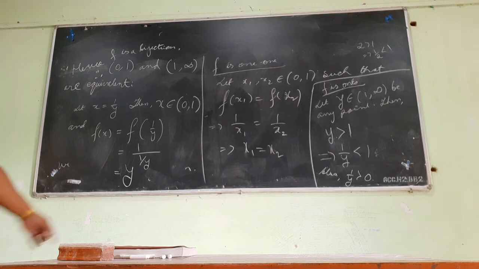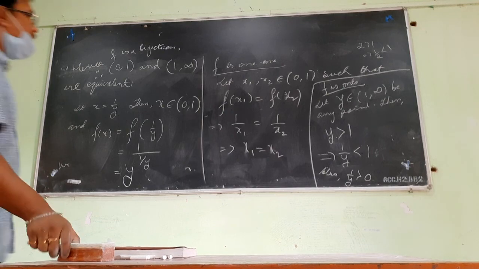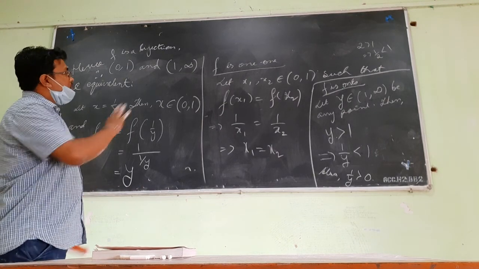So the real line is just like a rubber band which can be stretched up to infinity. If you see a rubber band, the length may be very small, but you can stretch it. So the real line is something like that. We can stretch it to infinity. (0,1) is this much, but if you stretch it, the number of points will remain the same. So this is one.